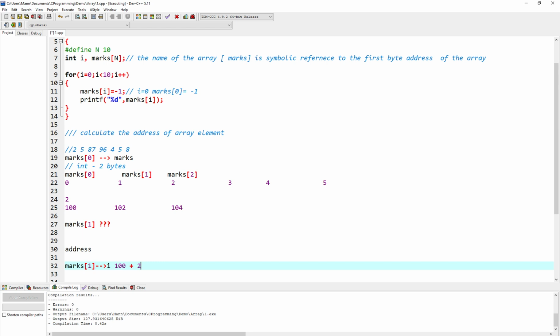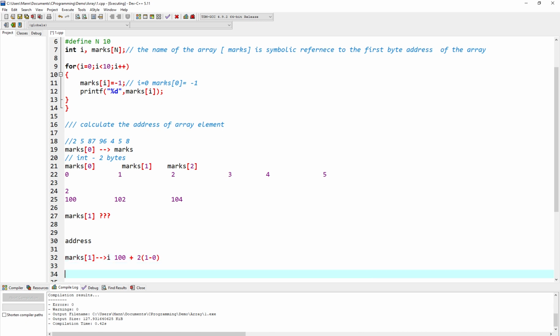And we are going to fetch the kth byte. The lower bound or index is always 0. So the formula for calculating the address will become like this.